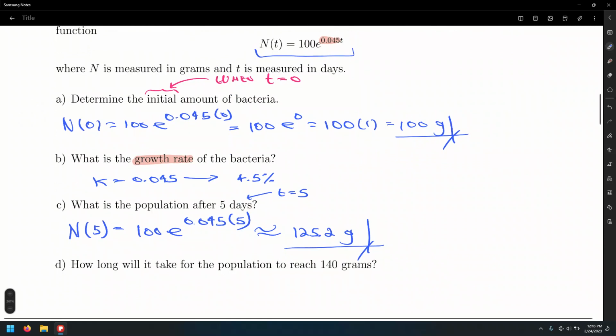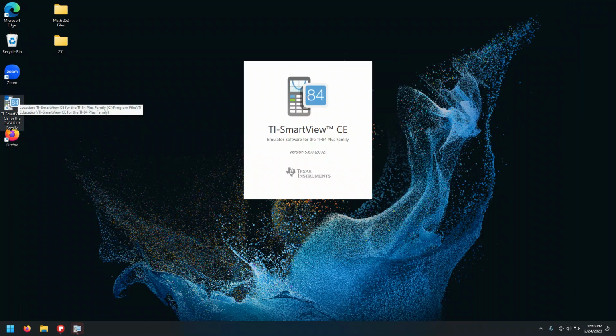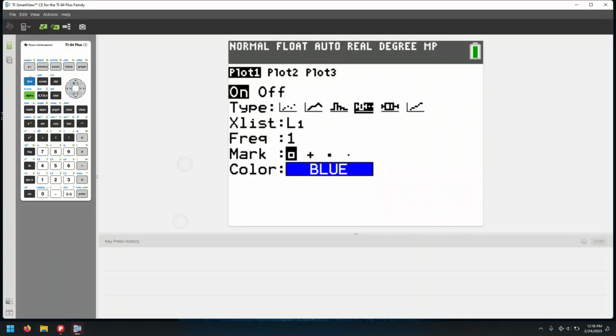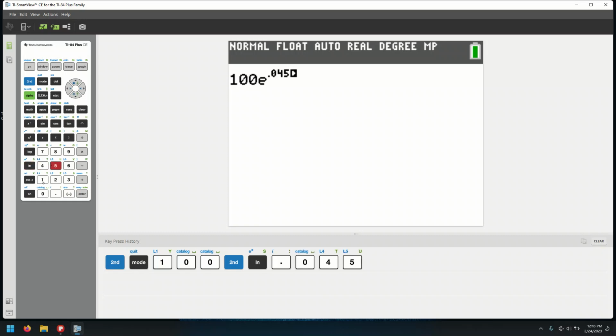Now, how to do this using the calculator? Let me open my calculator here. Let's see, second quit. I'm going to do 100. And to get the exponential, what do we do? We have the ln keystroke here, which has an exponential in blue. So do the second function, ln, to get the exponential, and just type 0.045 times 5 in this case. And that's where we get our result,